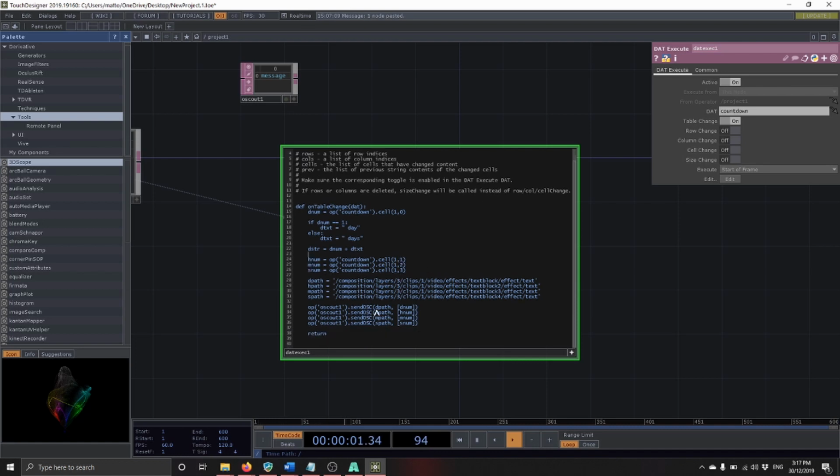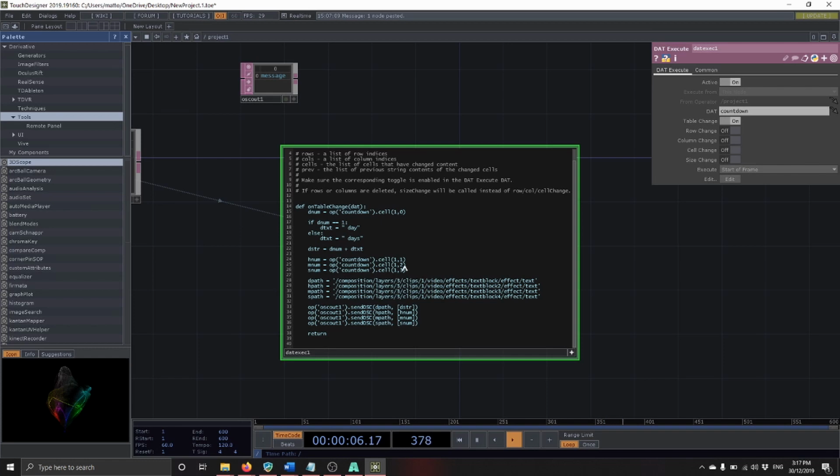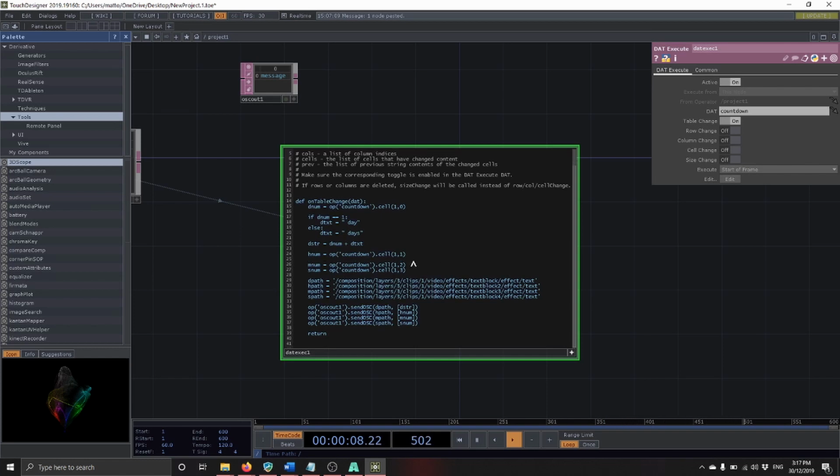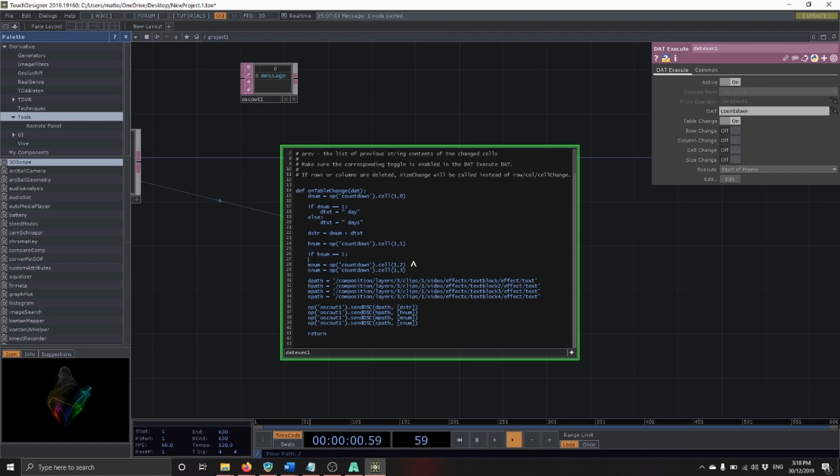Now, let's change dnum down here to dstr. So now we're actually sending this value over OSC. And we now have 1 day. So I'll quickly do the same thing for the rest of them. If hnum is equal to 1, then,